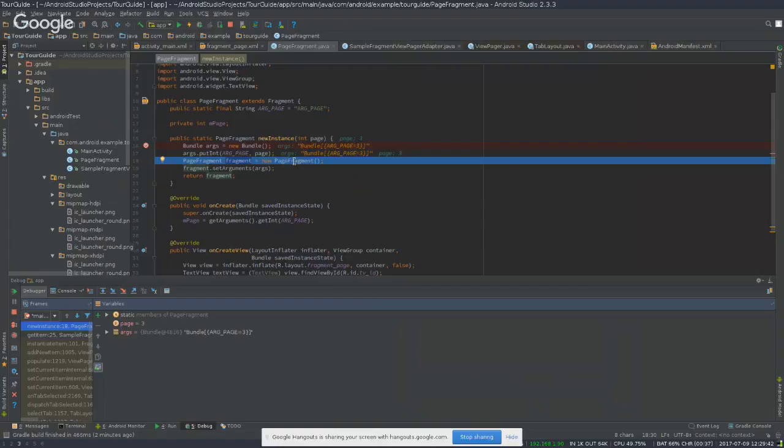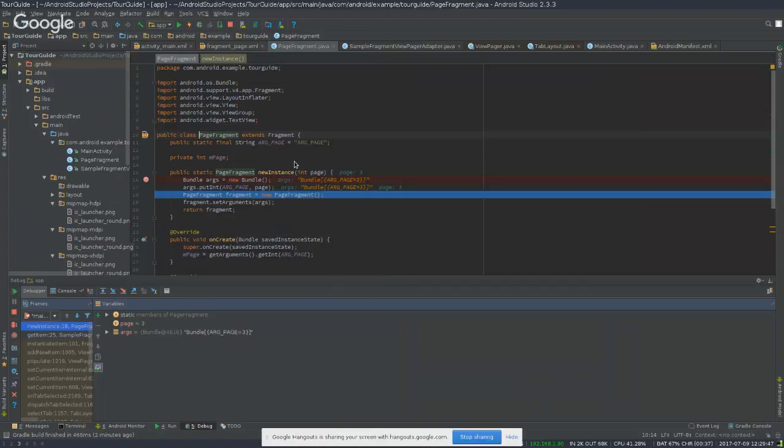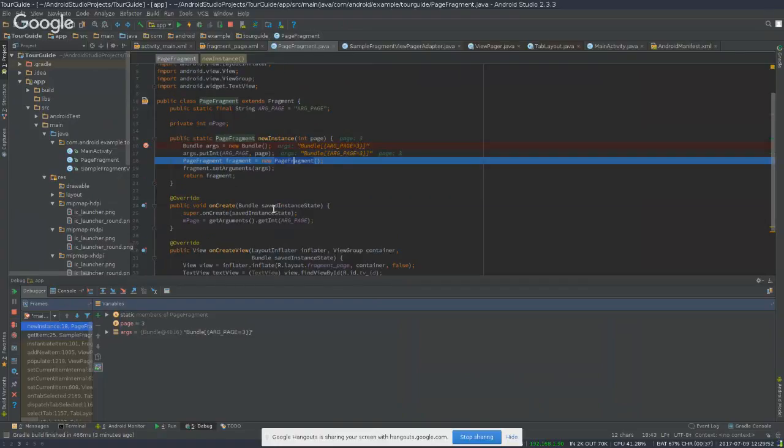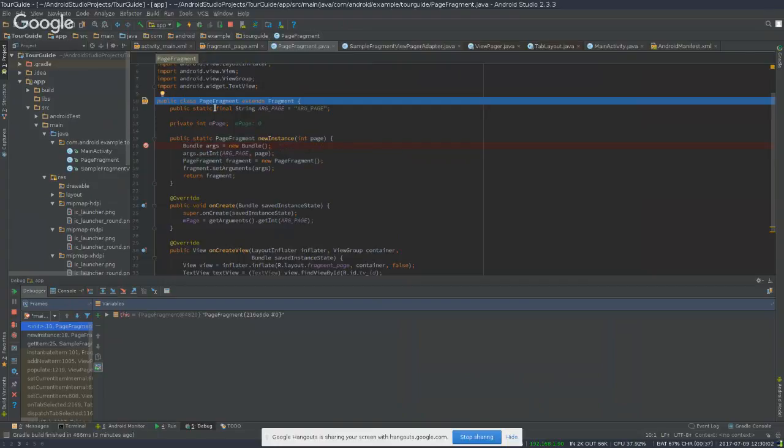You could potentially maybe even go into page fragment, but if we went inside it, chances are that it might just create. So let's have a look. So I could go step into F7 here, and you see that we're getting here. We have a breakpoint here, so it should potentially stop here. So we'll see. I can just